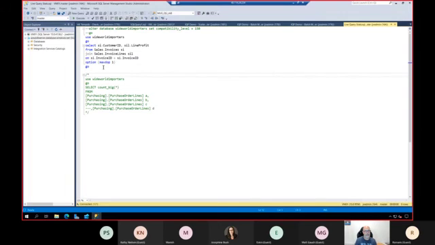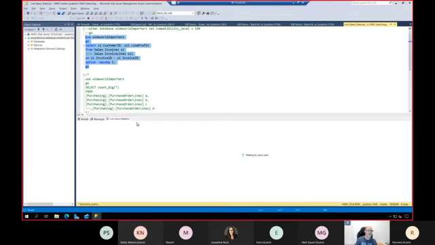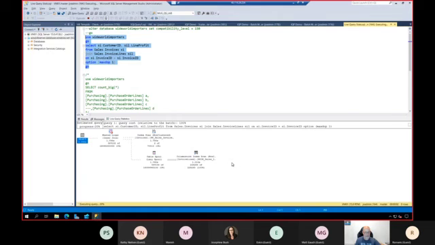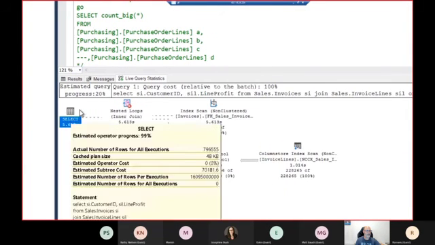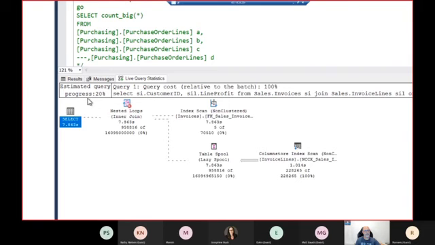So again, I have my Management Studio, my query. I will enable here include live query statistics, right? So I will do it here, and then I will execute my query. When we get the query down here, see that at the top we have estimated query progress. And we see the plan moving, right?